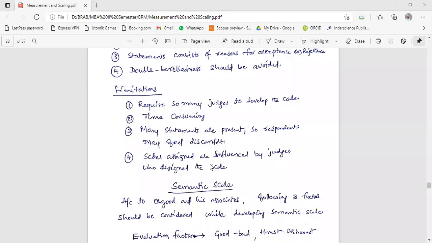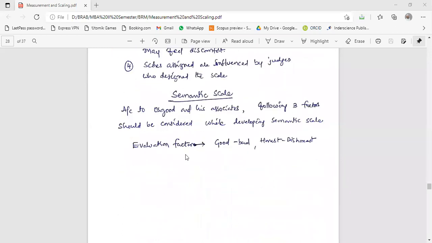It is difficult. They just simply tick on something. They feel very uncomfortable if you provide a very big questionnaire. Scores assigned are influenced by the judges who designed the scale. The people who are designing it may give more score to some other statement. So it is one of the limitations.